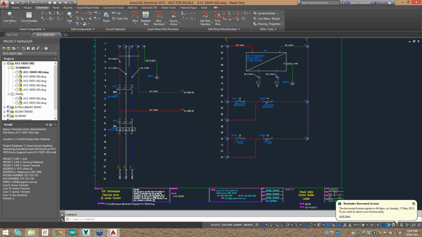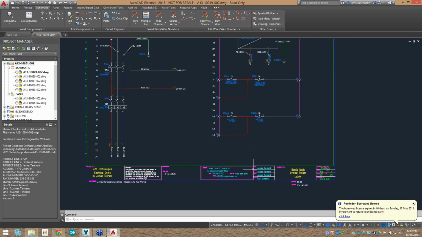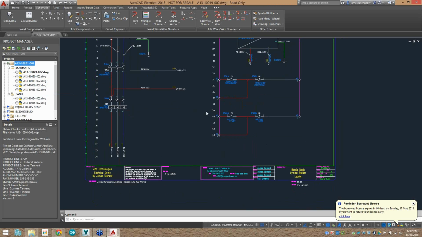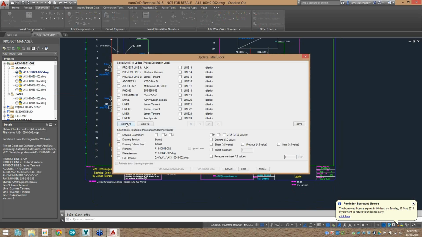In AutoCAD Electrical, it will store all that information inside the electrical project file until we go and apply it to the title blocks themselves. You can see the title blocks have not been updated, so let's go ahead and update the title block. Let's go and select all. This is one of the settings that we probably want to save in the future, so I will actually do that because